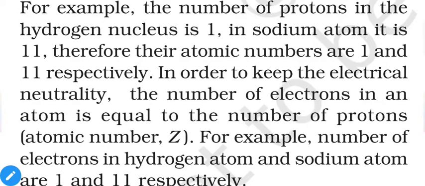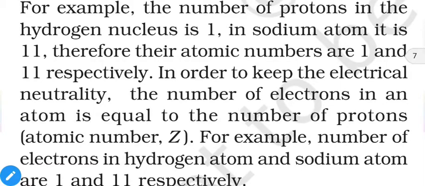The number of electrons in an atom is equal to the number of protons, and that's why it is called an atom. If it contains fewer or more electrons than protons, then we have to call it an ion, because atoms are neutral and ions are either positive or negative. So the number of protons is equal to the number of electrons in an atom because it is neutral. So we can say that the number of electrons in an atom is equal to the number of protons. So Z also represents the number of electrons in an atom in its neutral state.